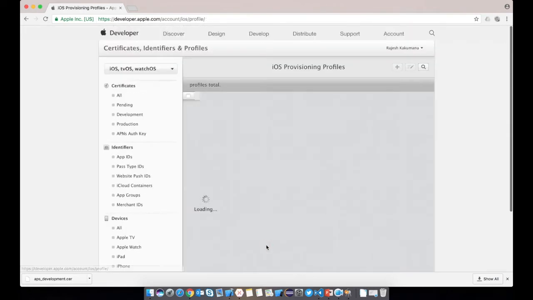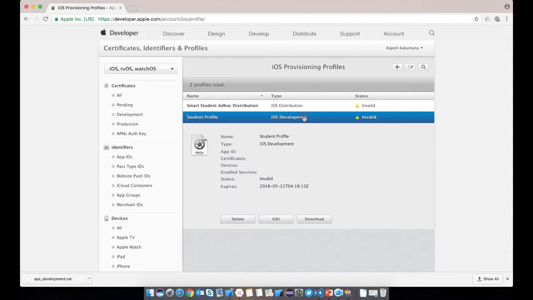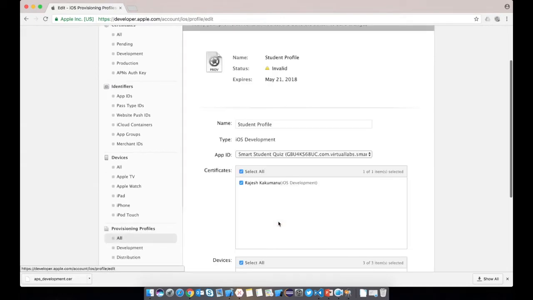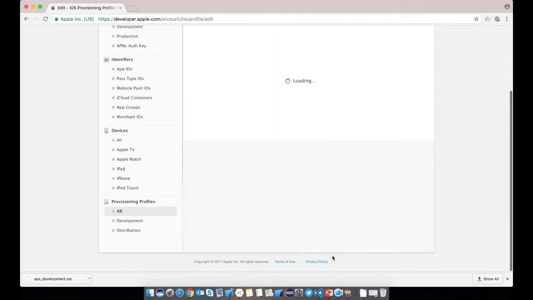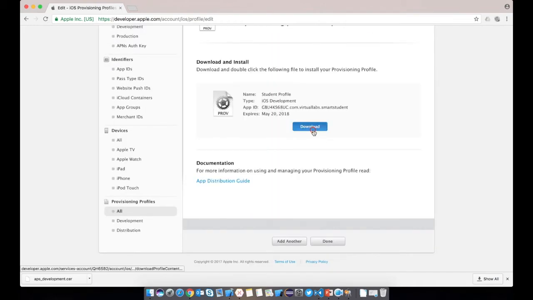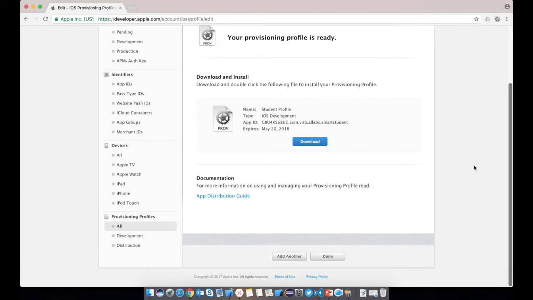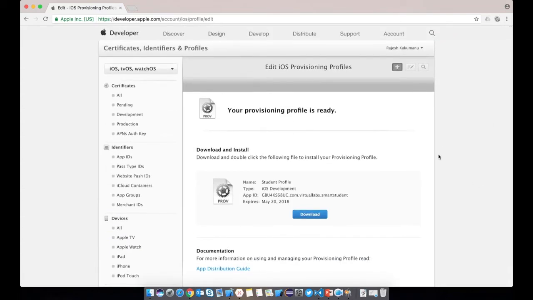As of now, I already have a profile, so I'm just trying to re-authenticate that. I'm generating and downloading that profile. Tap on that and it will install in your profile section. If you want to see where your profiles got downloaded, you just need to go to folder